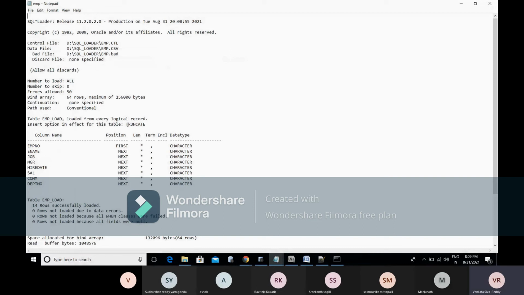First it got truncated and it loaded 14 records. 0 rows are not loaded due to any data errors. In case you have any data errors, you will get a bad file. Suppose we have